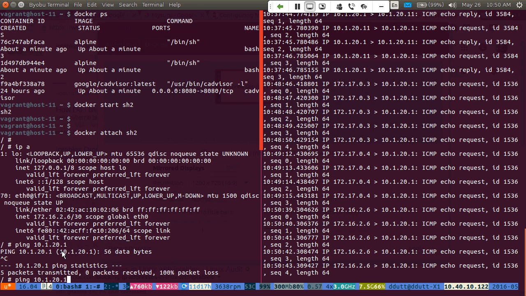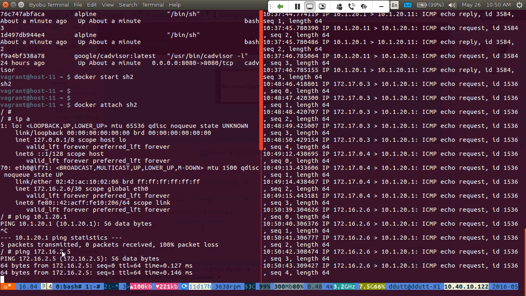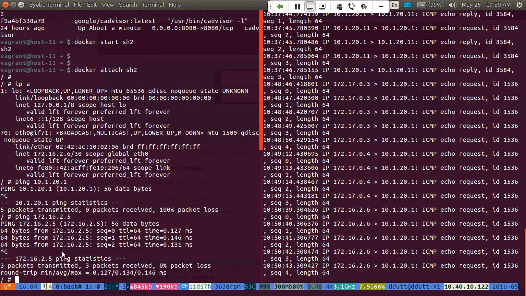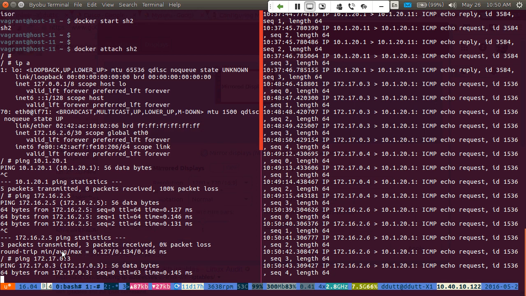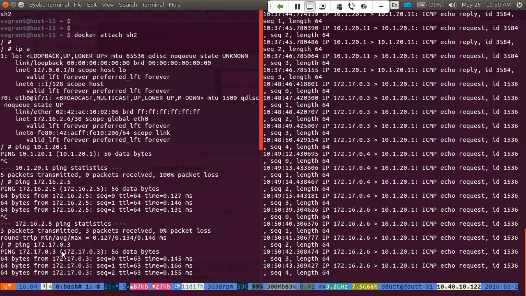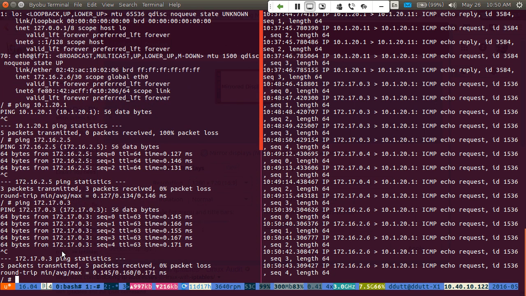What about, can I actually ping a partner namespace? Yes, I can ping a partner namespace. Can I ping, the partner is .3. And you can see that I can actually ping that. Whereas before I could not have a Docker container connected to two different Docker bridges talk to each other, now I can actually make that work.